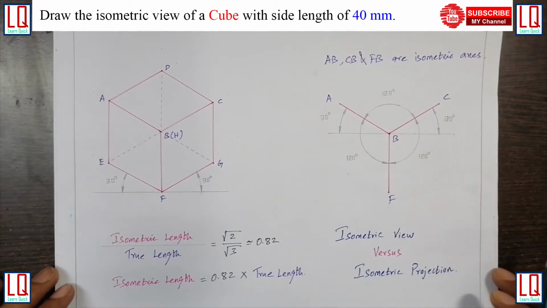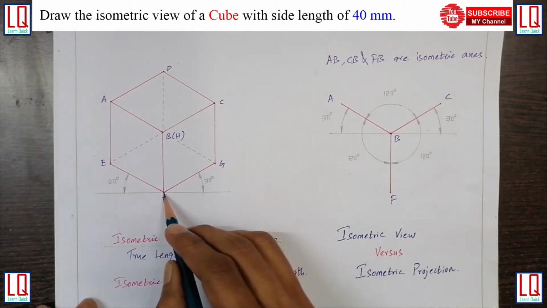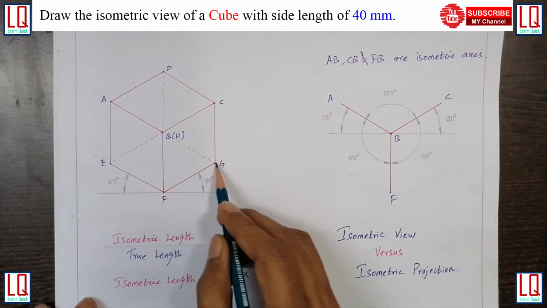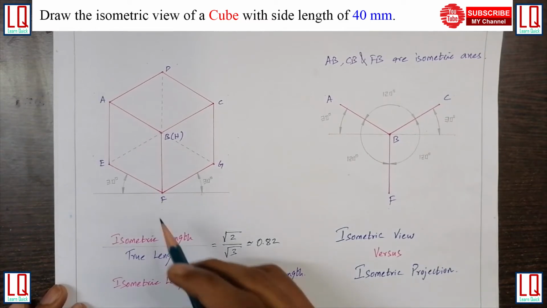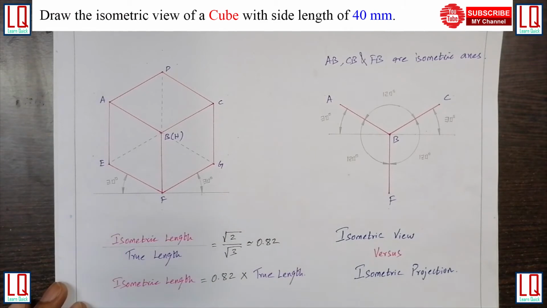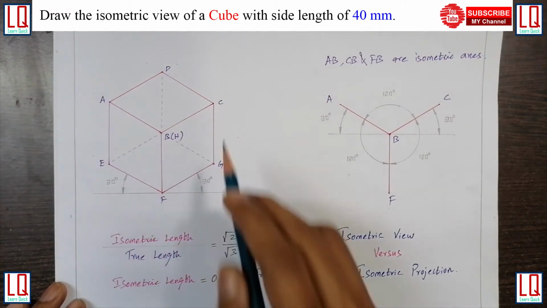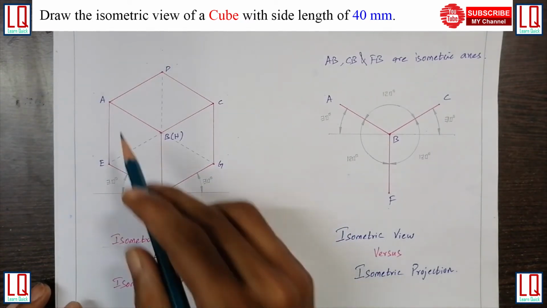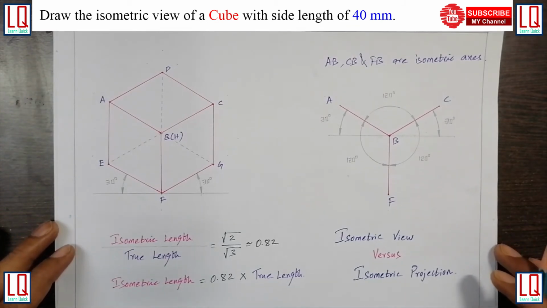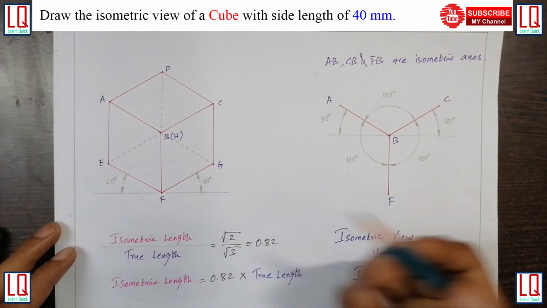So when I started to construct the isometric projection, I marked a point and then I took an angle of 30 degree and drew FG. Similarly, I drew FE at an angle of 30 degree. Then all the vertical isometric axes stood vertical, and I completed the drawing. So now it is clear how the 120 degree came and how this 30 degree came.